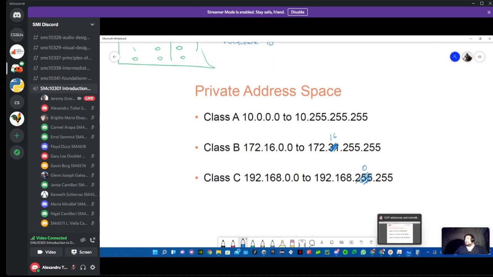The 10.255.255. No, we did this one here, the first one. Is that the same as the subnet one? No. I'm saying that this is the range of possible values for network IDs starting with 10, so 10.x.x.x, where x can go from 0 to 255. All right. In this case, the network ID is